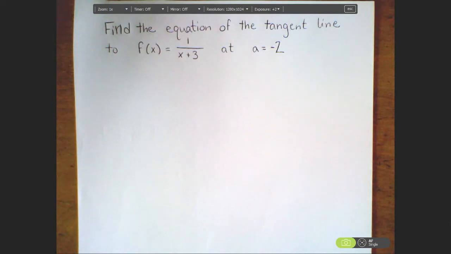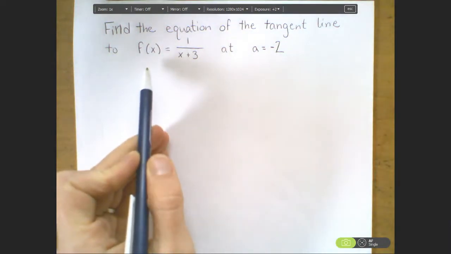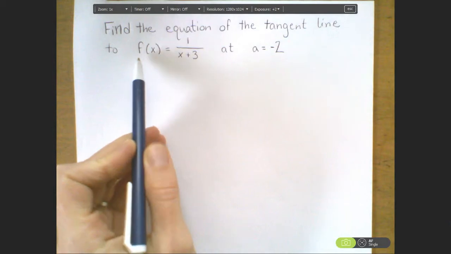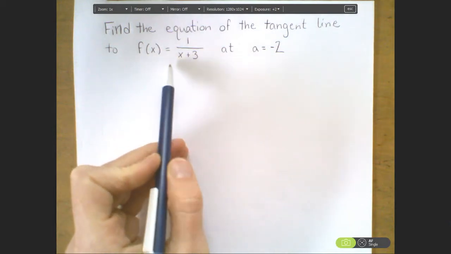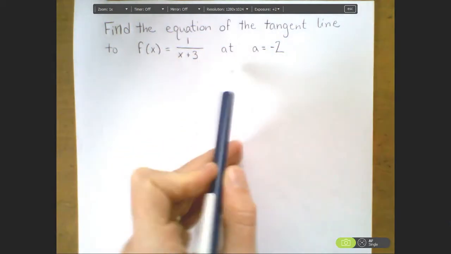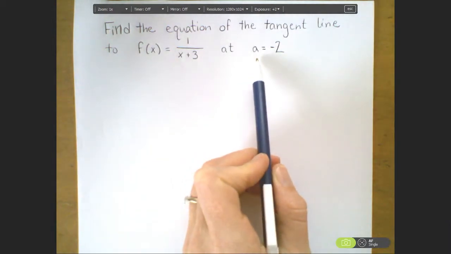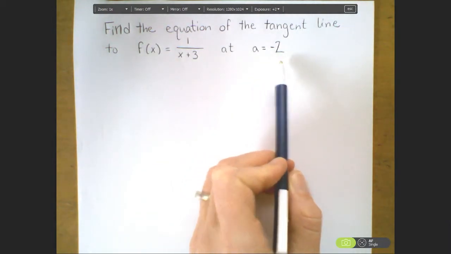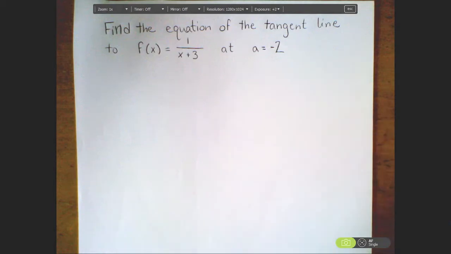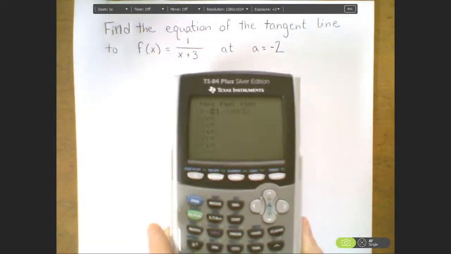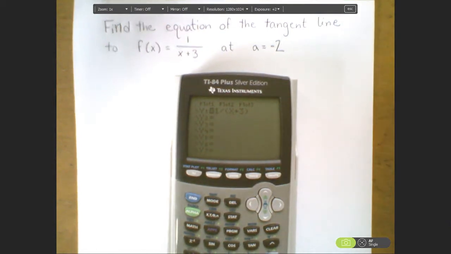So next, we're going to find the equation of the tangent line of a function using our definition of derivative that we just talked about. So we're going to do just another additional example, and this time my function f of x is going to be equal to 1 over x plus 3, and we're going to find the equation of the tangent line at a equals -2. So before we get started plugging in and looking at our definitions, let's look at a graph of this. So I've typed into my calculator the function,